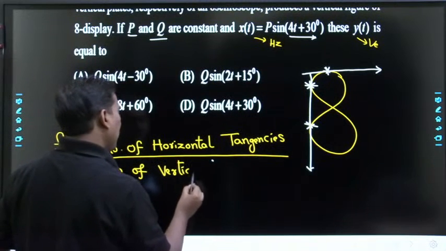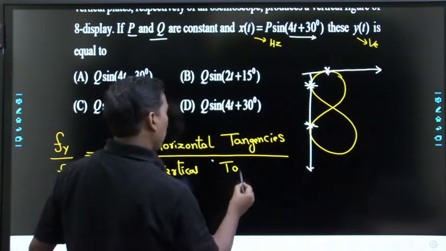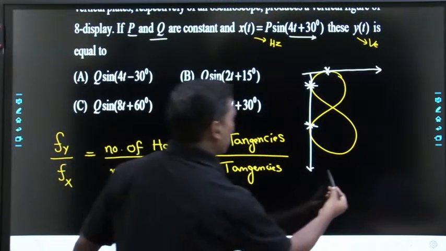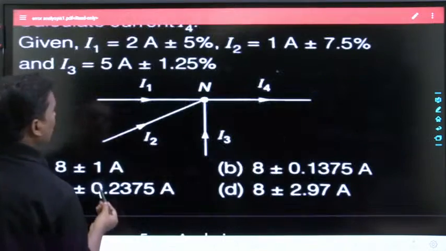That is the formula. So now Fy by Fx will be, sorry,